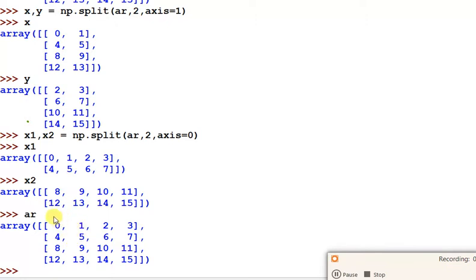So I want to divide this column, and the next should be these 2 columns, and the last should be this column. So this is our objective. I want to divide this array into 3 non-equal parts, because there is only 1 column in the first division, 2 columns in the second division, and only 1 column in the third division. So this is the non-equal division.